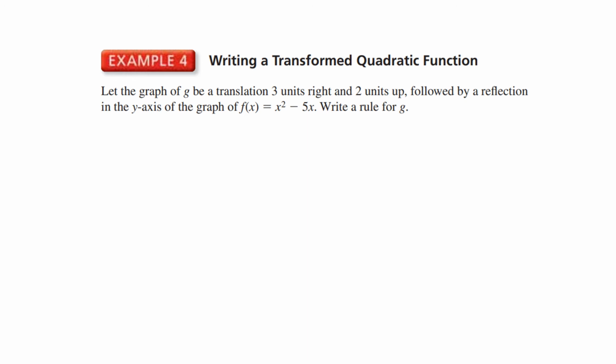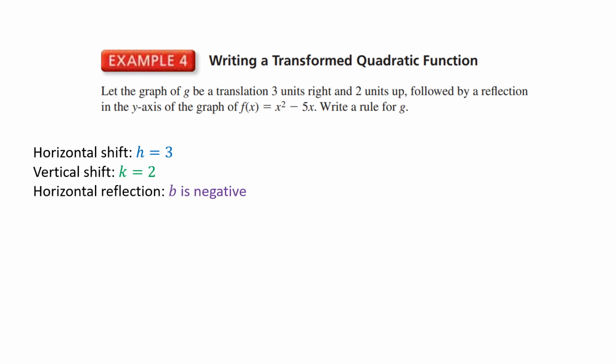Example 4 asks us to translate to the right and up and reflect across the y-axis. That shouldn't be too difficult, but the challenge is the function is x squared minus 5x. That's written in standard form, not vertex form. We'll talk about standard form later. But the thought is, if we're going 3 units to the right and 2 units up, then we have our values of h and k,